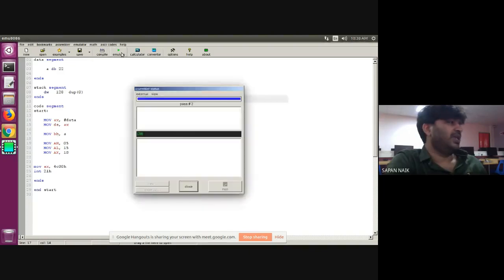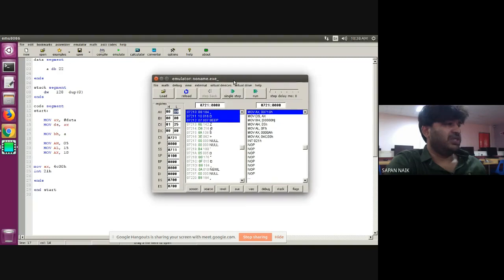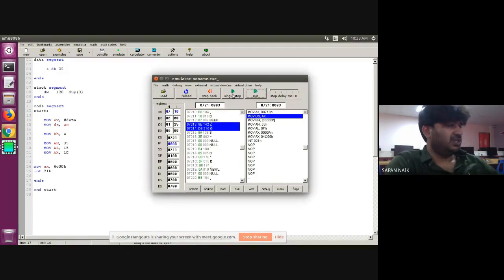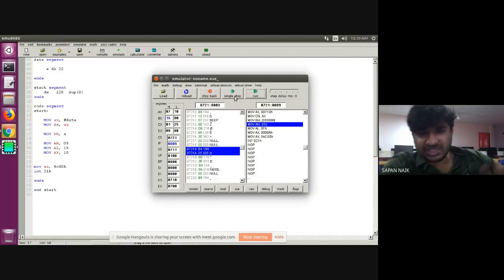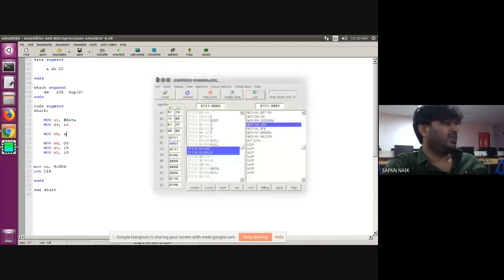Now let's see. So now we are here. First is data segment initialization. The data segment will contain something. Now check the BH register carefully. This is my BH register, the higher byte of BX. The value of A should be there. What is A? 22. What is transferred? 16. Why? 16 is the hex representation of 22. Currently, I have not written anything after 22. That's why it is a decimal number. So 22 is converted into hex and it is 16. That's why it's showing 16 to me.